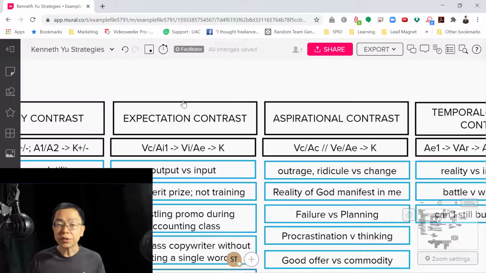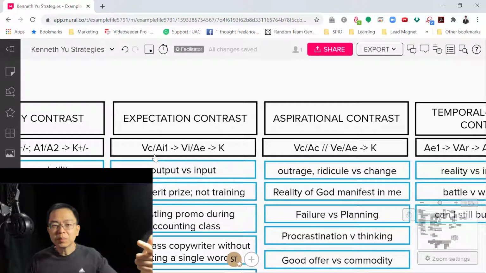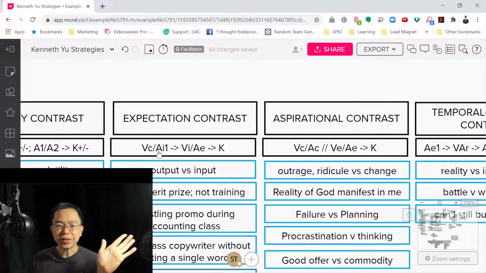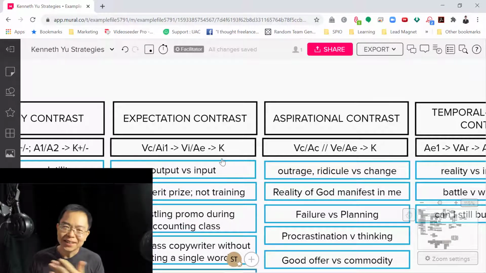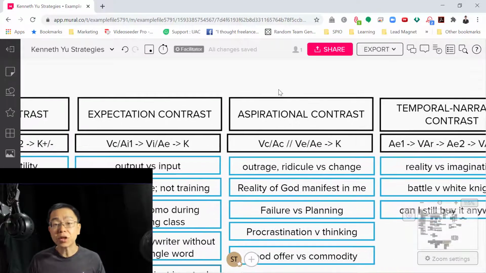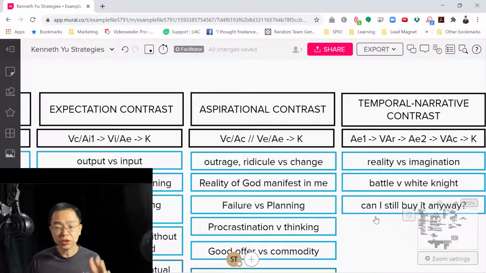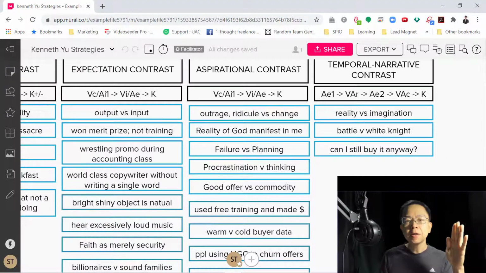Whereas expectation contrast is, I already have this train of thought, but then you broke my expectation, and as a result, I have a different emotional state. So I think this follows a little bit more strongly, but if you've got further comments, just let me know. Okay, so I just wanted to add this addendum so that you can make a clearer distinction for yourselves. You should as well.